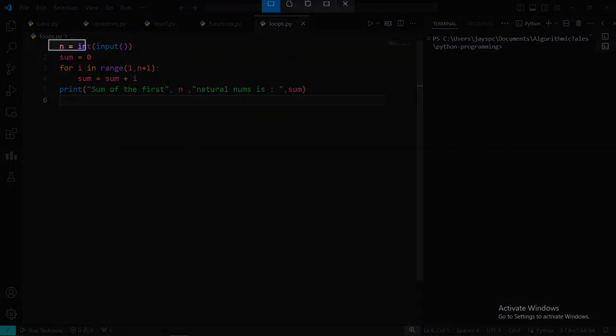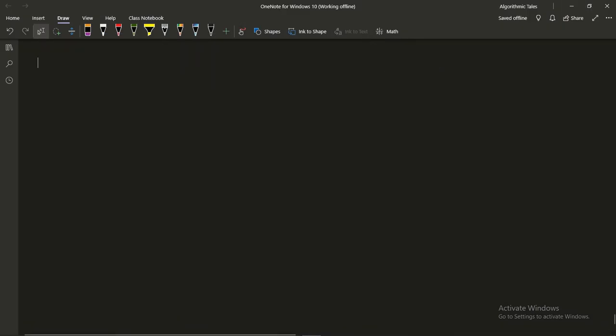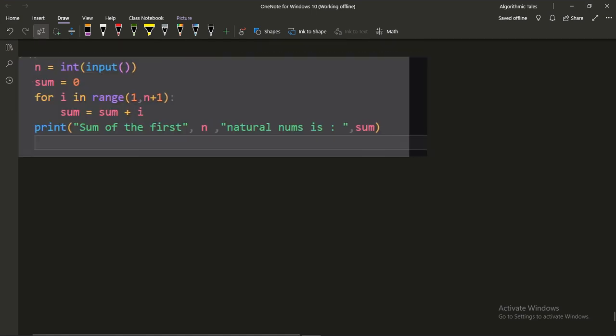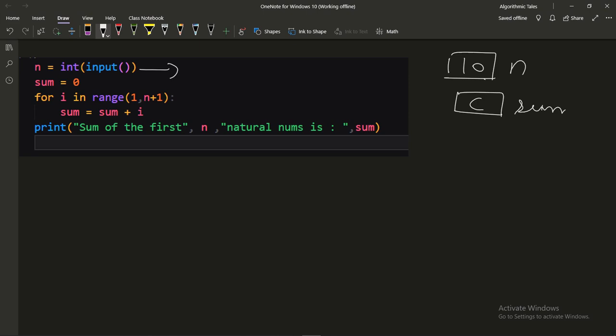Let's quickly go over this entire program, since we're still at the very beginning of our Python course, and it helps us to visualize how the program executes when we run it. Basically, this is what a dry run means. We are trying to manually see what happens at each stage of the program. So let's say first n equals 10. We're going to take the input n equals 10 here. So there will be a variable created in memory, which is going to hold the value of 10. And then there will be another memory location created, which holds the value of sum equals